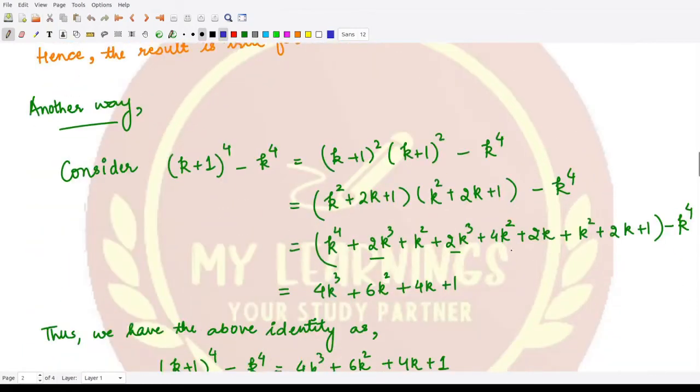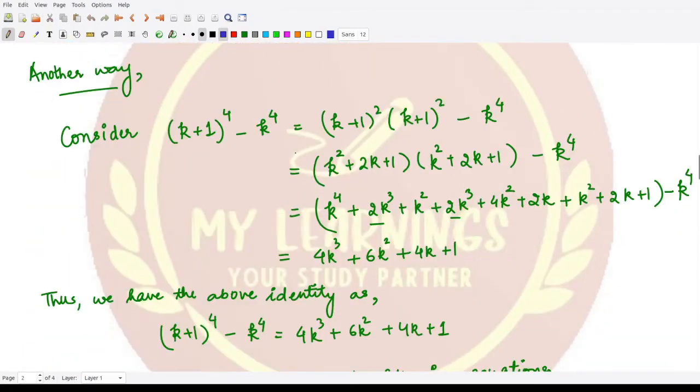So what we can do in the very starting, we can consider these two terms, k plus 1 raised to power 4 minus k cube. Now you would ask me why in particular we are taking these terms. This is not clear in the very beginning, but when we proceed towards the proof, you will see that